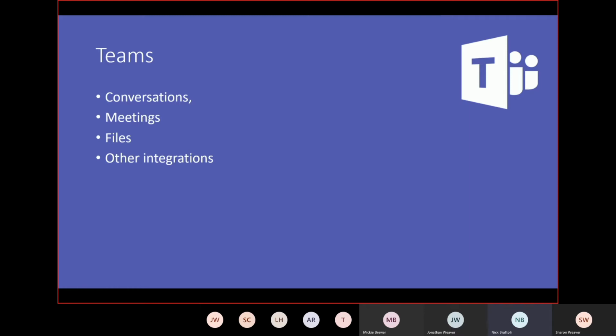If I created that SharePoint team site earlier and I wanted to make a new team for the dispatch group, I could make it and attach it to that site, or I could make a new one and it makes a new SharePoint site. There are other integrations as well. And the reason I bring this up, and we're using this right now for this meeting, is because that gives you more live interactions